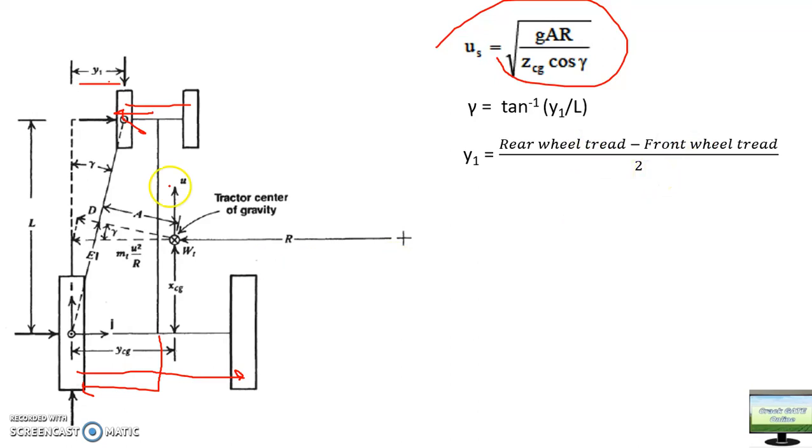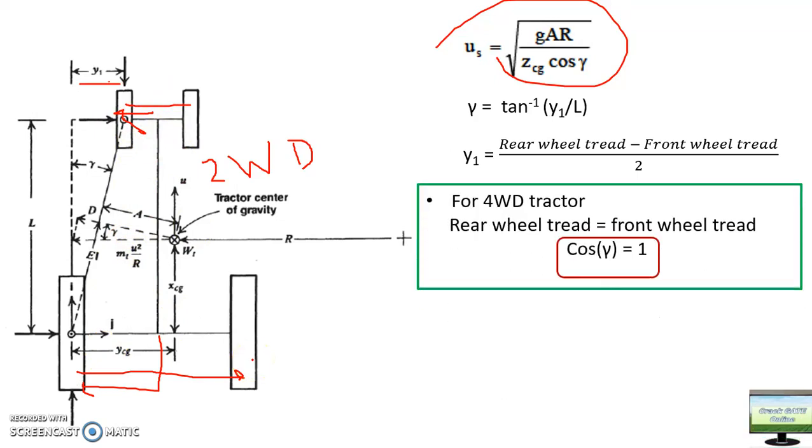Now just imagine what will happen. This is a two-wheel drive condition. Okay guys, now just imagine what will happen in case of four-wheel drive. In a four-wheel drive, all four tires are of the same size, so there won't be any difference between the front wheel tread and the rear wheel tread. So in case of a four-wheel drive tractor, the rear wheel tread and front wheel tread both are going to be